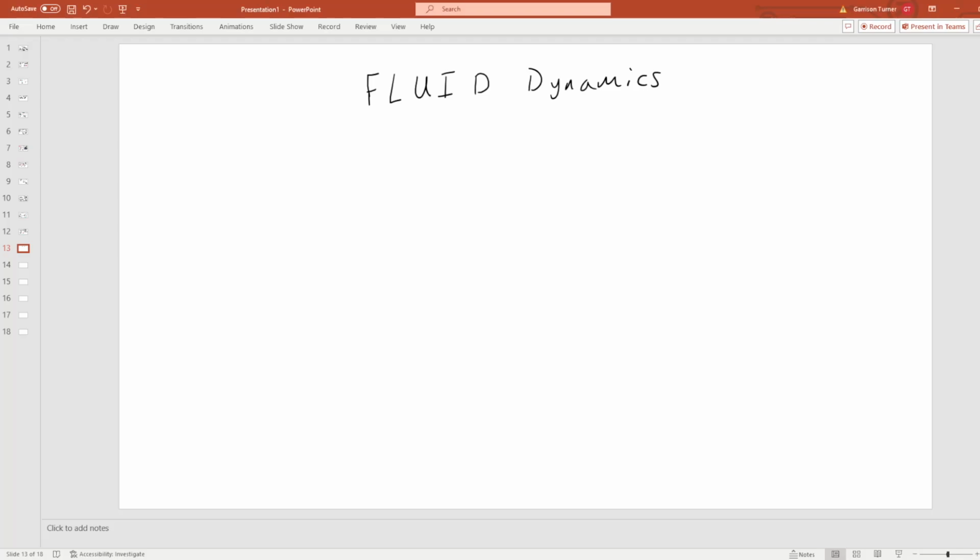Now that we've already discussed issues relating to pressure and Archimedes' principle, Pascal's principle, and so forth, we're going to finish up our discussion of fluids with two guiding principles, and these are the continuity equation and Bernoulli's principle, or Bernoulli's equation. Okay, now first things first, this idea of continuity,